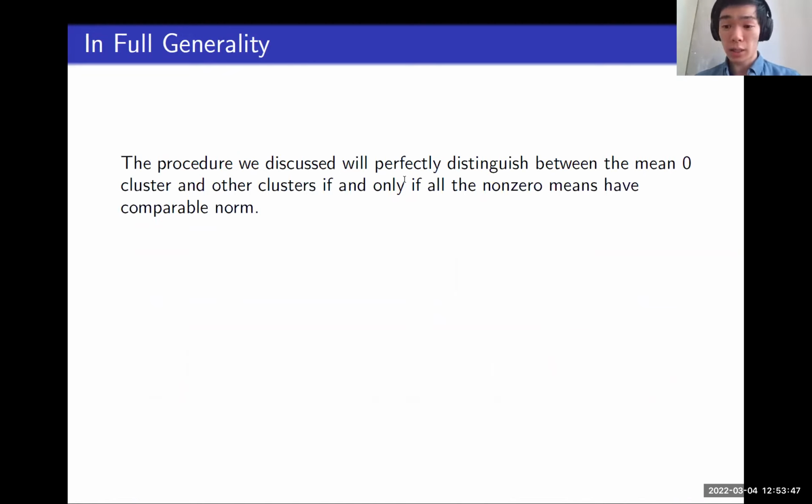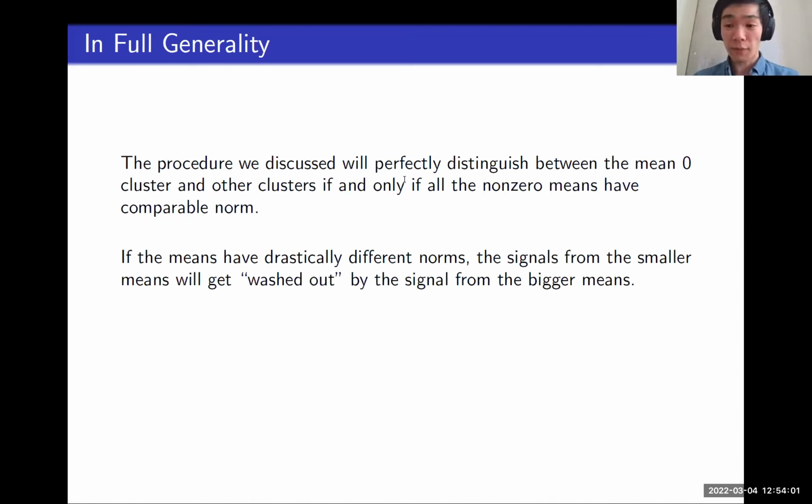condition about the separations between the means being comparable, since some separation being very large would drown out the signal from other separations, right? And so this is where the issue shows up. If some separations are way, way larger than other separations, then the smaller separations that are still noticeable, but much smaller than the huge ones, will get washed out by the signal from the bigger